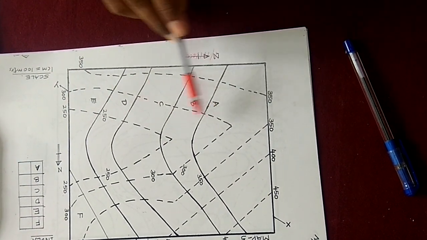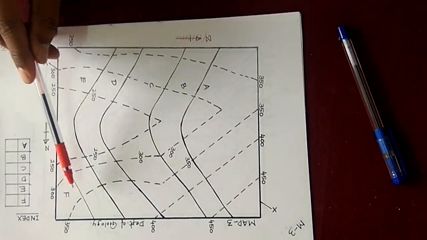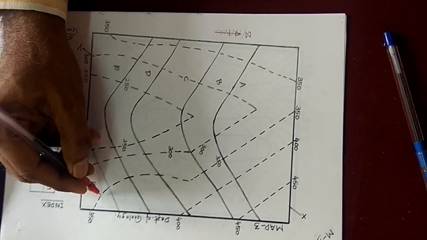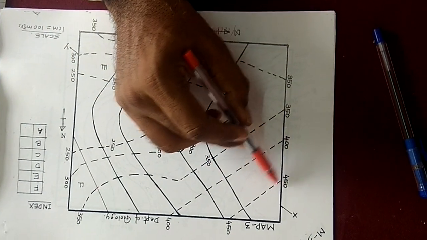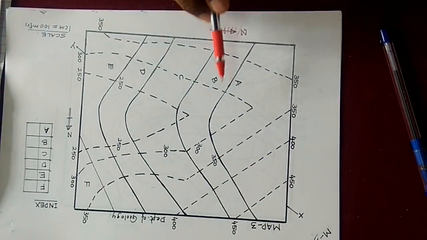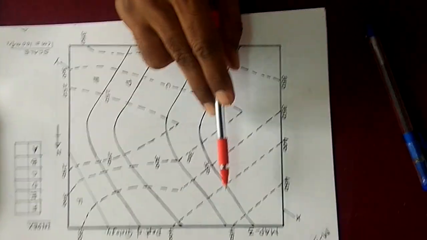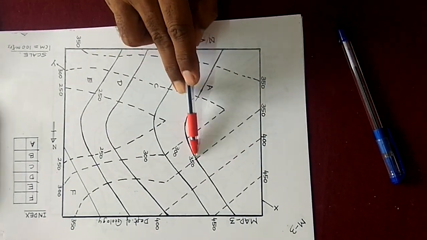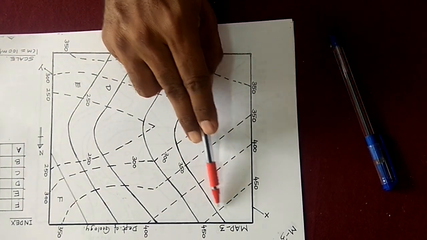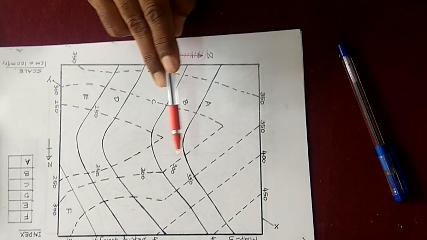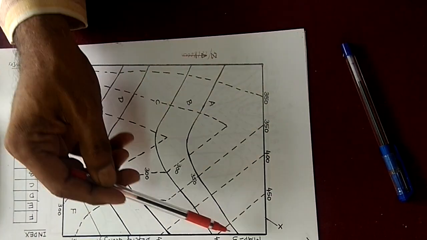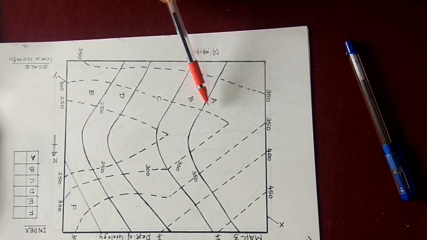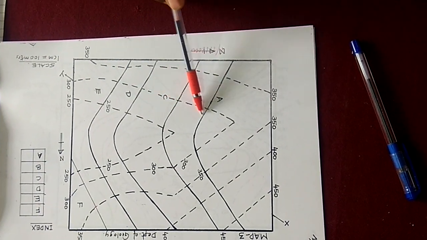So if you monitor this map, here the bedding planes cross with the contour lines, or you can say contour lines are crossed with the bedding planes. In the earlier maps, contour lines were parallel to the bedding planes. Here contour lines are crossed with the bedding planes. If contour lines cross the bedding planes, what does it represent? If you see, this is the bedding plane, named A by B. Okay, this is the A bed, this is the B bed.